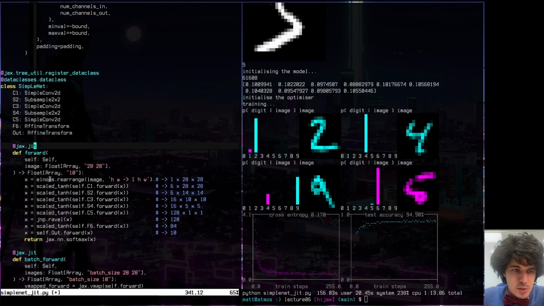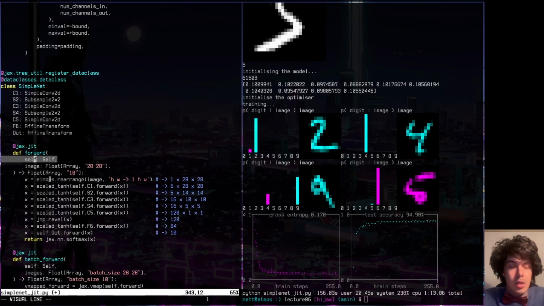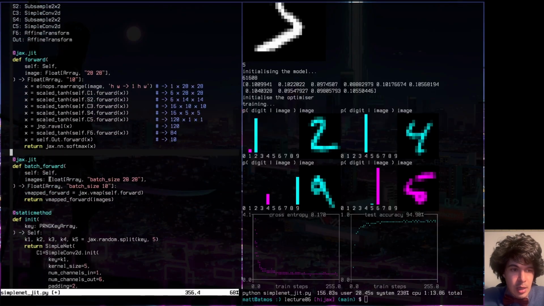The reason is that everything here is going to work the way we want, in that we're only using the shapes and the data types and not the values. Here we have self, which is a pytree, so that's fine. Image, which is just an array. And then we're just doing a bunch of computation. And here we're jax.jitting